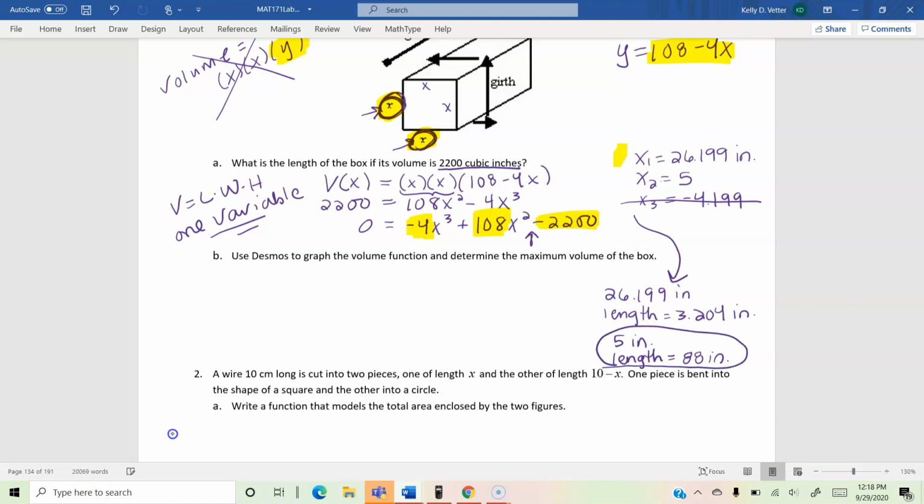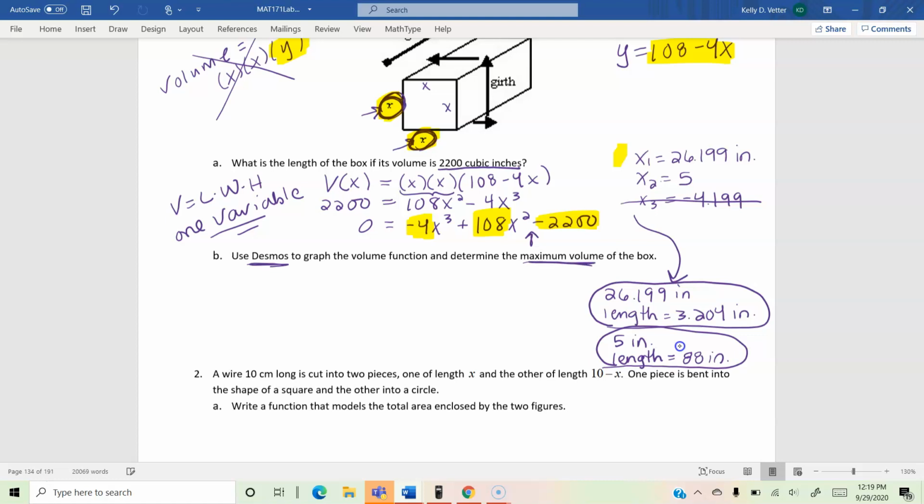But if you need a box that's a little bit more well-rounded, maybe you could go with the other option. But both of these would give you a volume of 2,200. So those are both possibilities if you specifically need that volume. All right, then in part B here, they're telling us to go down to Desmos and determine what is the